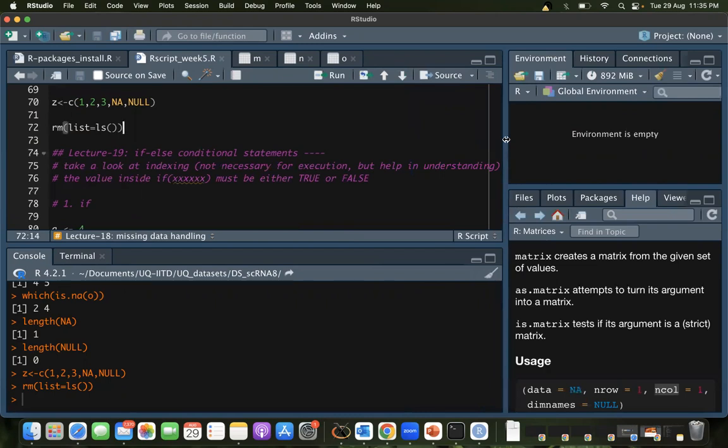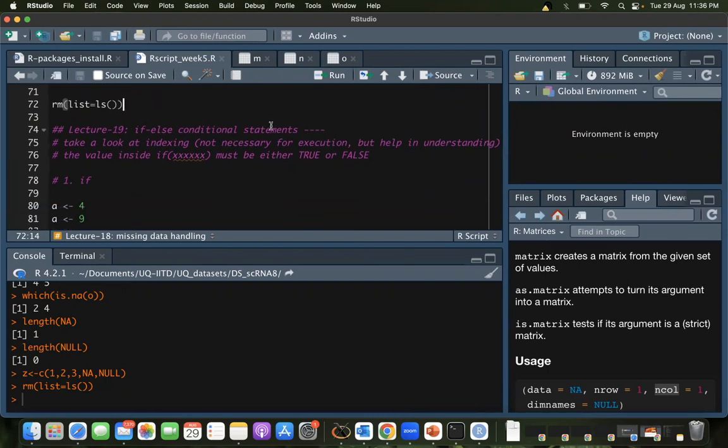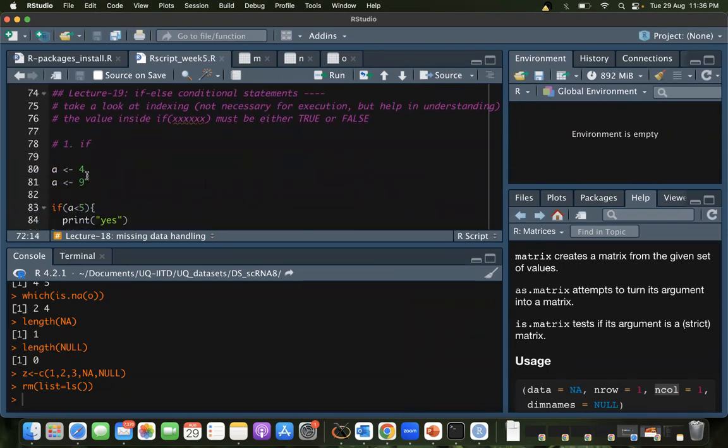Okay, so this is something we already saw. Now we have been talking about TRUE and FALSE, right? Like we discussed, which is going to take in a list of TRUEs and FALSEs.